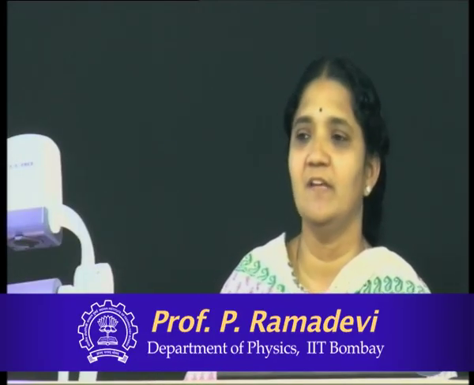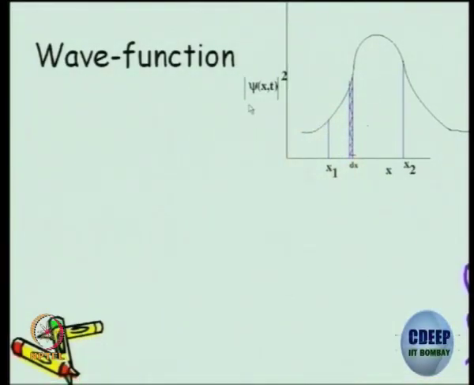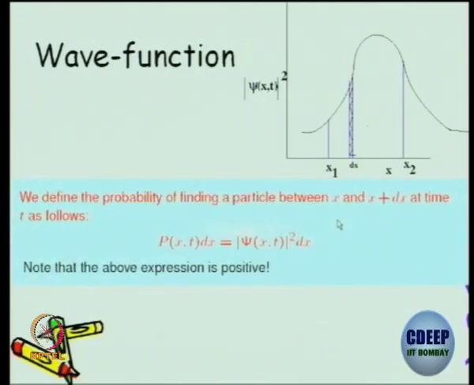Just to recap, what is the wave function, which you have already seen, I put it as a plot here. The mod squared of the complex wave function is going to be positive definite, and there is a plot as a function of x. And looking at the plot, you can try and define